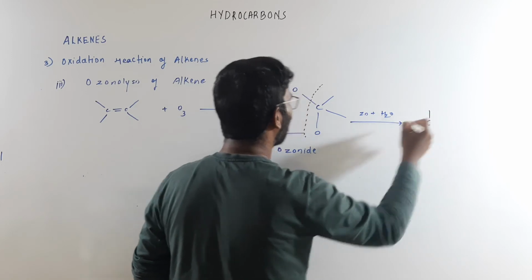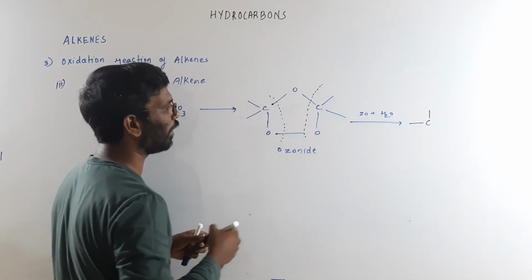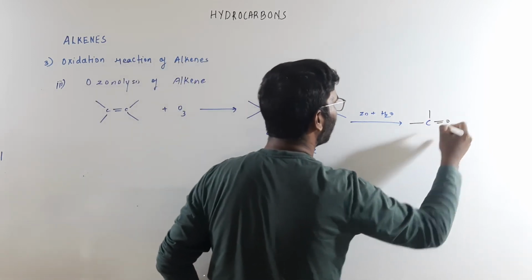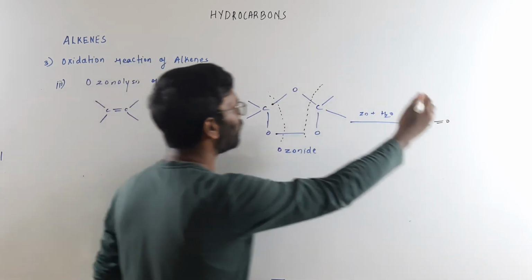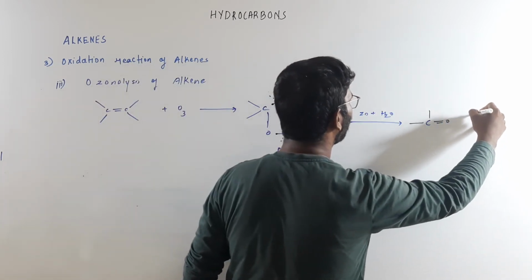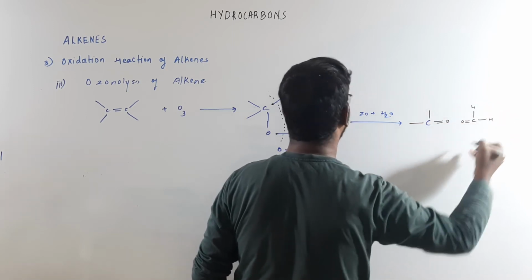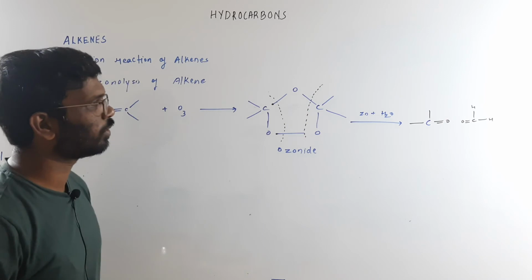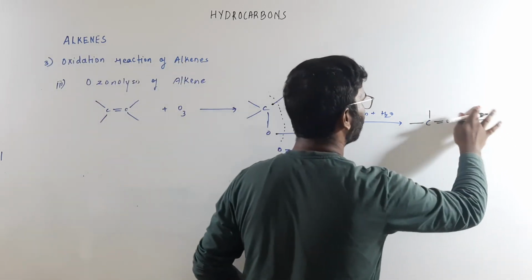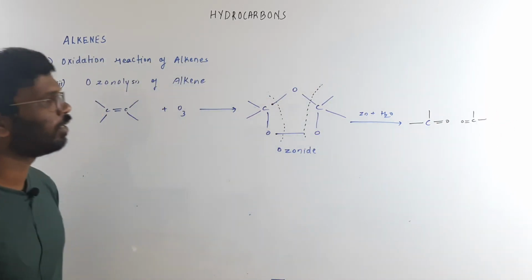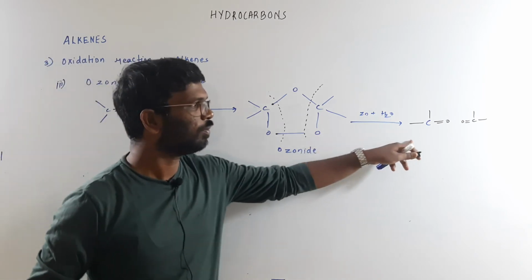Means these two bonds I am keeping intact. These two bonds I am keeping intact. And what you get is the double bonded oxygen on one side. The other side you will be getting a similar type of thing, right? This is what you get at the other side, not hydrogens. I will just write this way. These are the things you get at the other side, meaning you are getting two things.